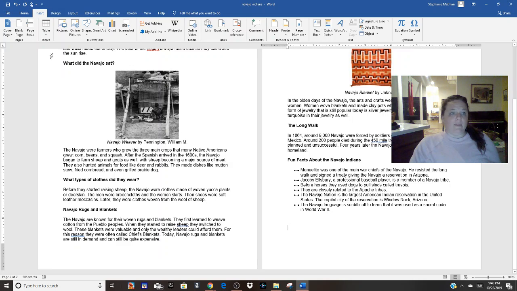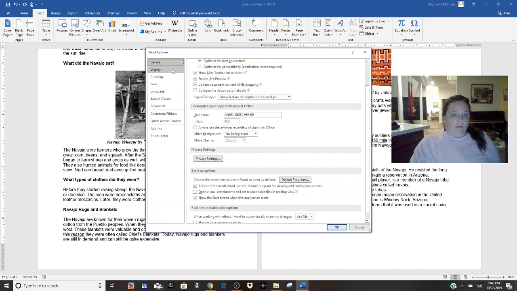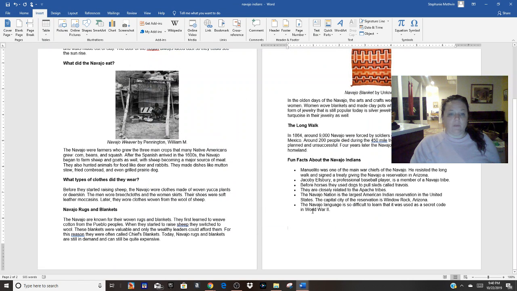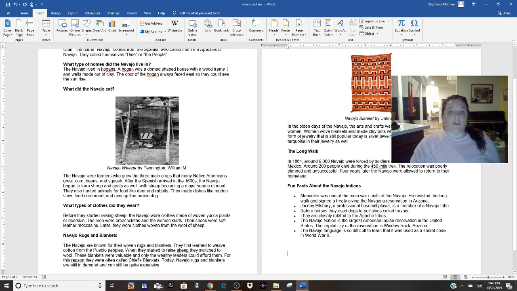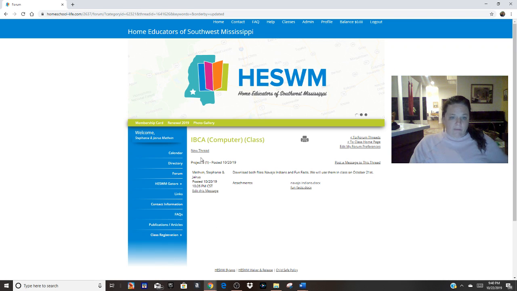If I look at my backstage view, I'm guessing that the tab characters option is still lit up right there. I'm going to undo that so you don't see these arrows, because every time I hit tab, it was showing up there. Anyway, that's all you have to do for Project 3 for now. Insert that text. And again, you can save these into your folder. And that is it. Let me go ahead and put,